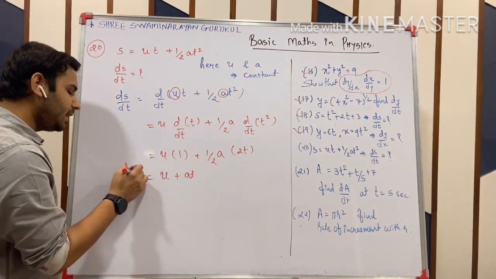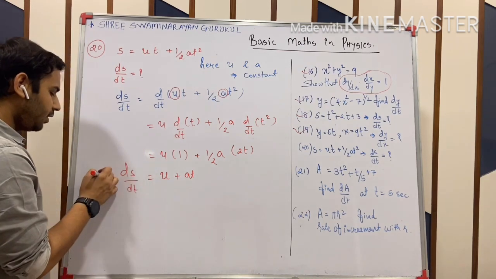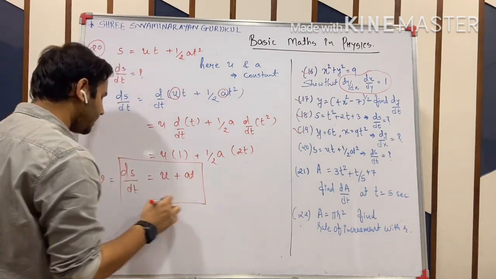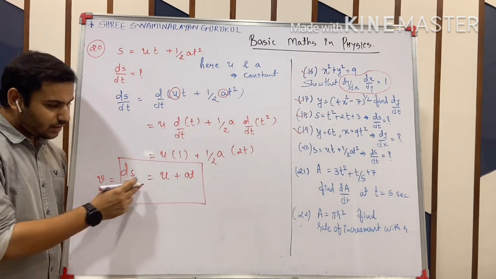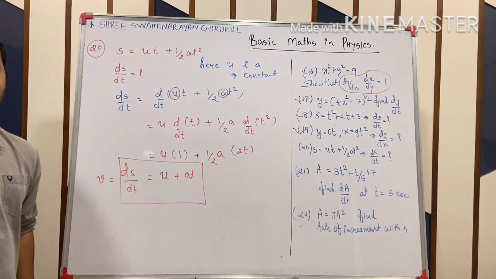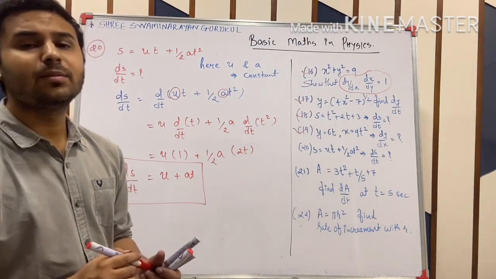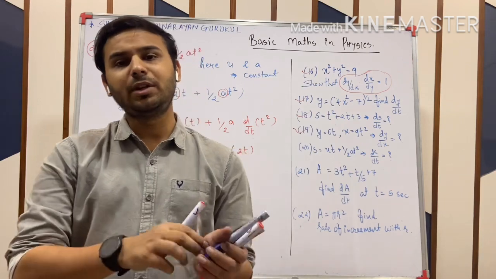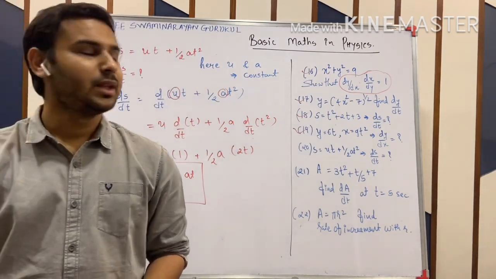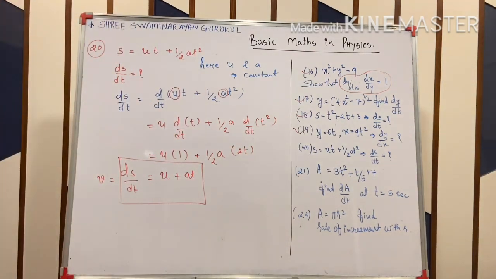So this ds by dt, this is the formula of v. Just for your knowledge, this is your answer, but you must know differentiation of this equal to v is equal to u plus at. You have done this kind of formula in 9th standard for constant accelerated motion. We are going to repeat all these things in chapter number 3 of physics, right? Write down these things. Write down first. Now only 2 numericals left, 21 and 22. Chalo.